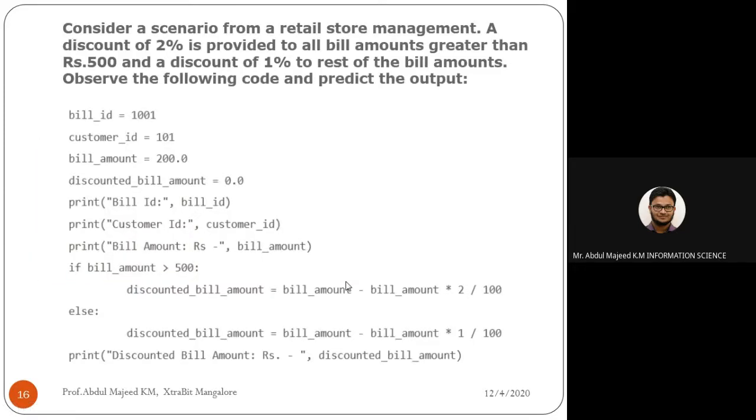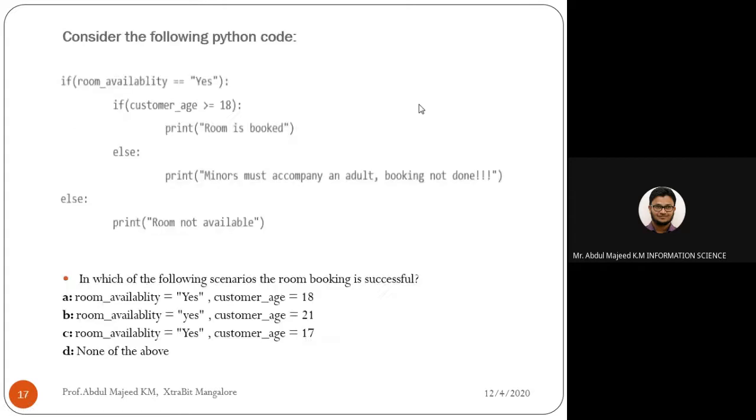Okay, so this is an example. You have to read this particular scenario and try to predict the output. Okay, so you can analyze this particular code and predict the output. I am not explaining this, you have to perform this task. Similarly, here also I will give one code snippet. The code snippet is given, then you have to select the correct answer from these 4 options. So this is also left to you. You have to analyze this particular code and select the correct answer.